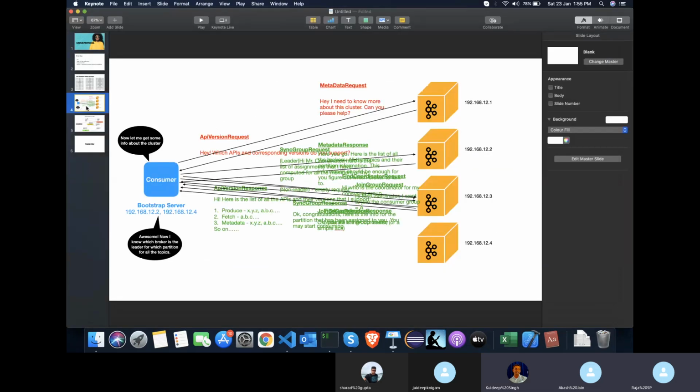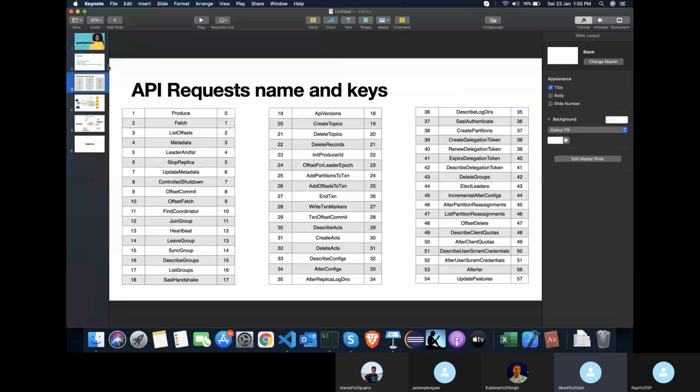So similarly, let's talk about a situation where there are messages being produced to the partitions. Let's say there are three partitions, and the acknowledgement mode for the producer is all.